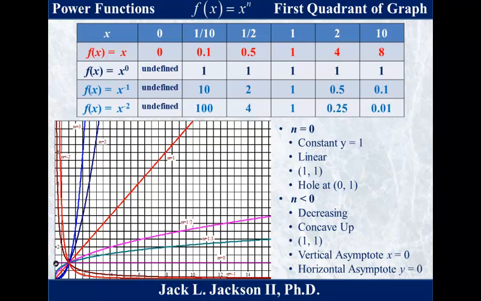Okay? So that one does not go through (0, 0). Also, the negative powers do not go through (0, 0). They do not cross the x or the y axes. Neither does y equals x to the 0. But whereas y equals x to the 0 has a hole in the graph, these other two, for negative powers, x to the negative 1 and x to the negative 2, have vertical and horizontal asymptotes. If we notice, the bigger we let x get,